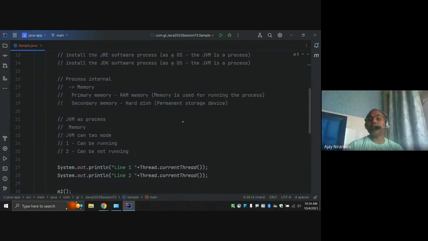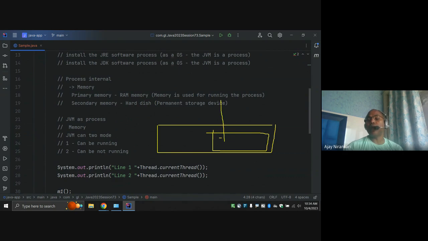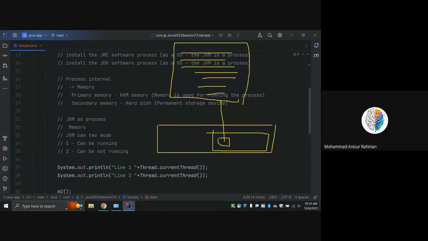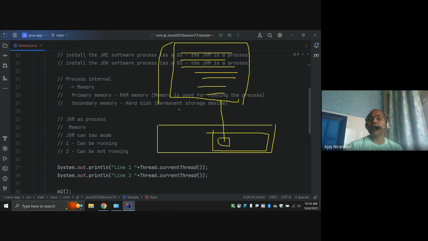Whenever you run an application, by default one JVM process is started. In the JVM, heap memory is allocated, and only one thread, the main thread, is started, and only the code written in the main is running. Once main is done, your application is done. There is no other thread, so your JVM is also going to stop. If your main method completed, that means your default thread is stopped.